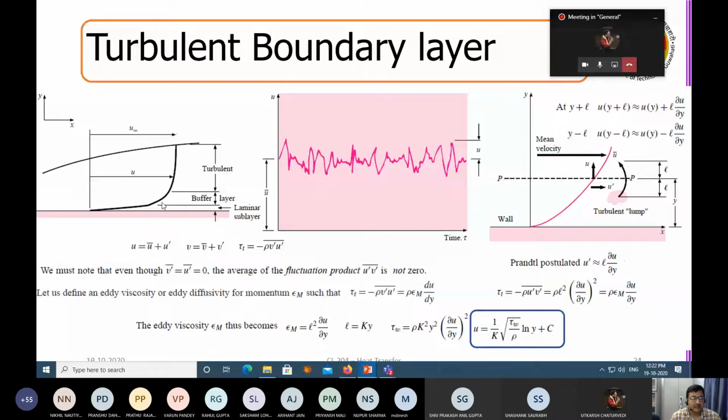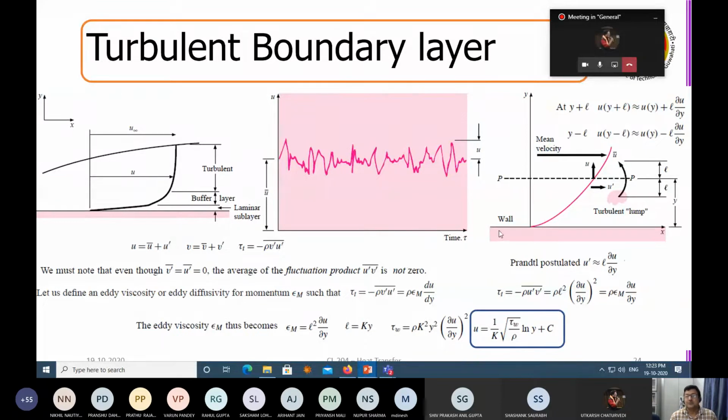Now, in a turbulent boundary layer, the velocity profile is still changing, whereas in a free stream, the flow profile is plug flow. Okay, it's a uniform flow profile here, correct? So this is still changing here. This is still changing here. Here it is severely changing, intermediately changing. Here it is changing nominally, right? So the boundary layer can be turbulent, transitional, or laminar based on the flow situation that you obtain.